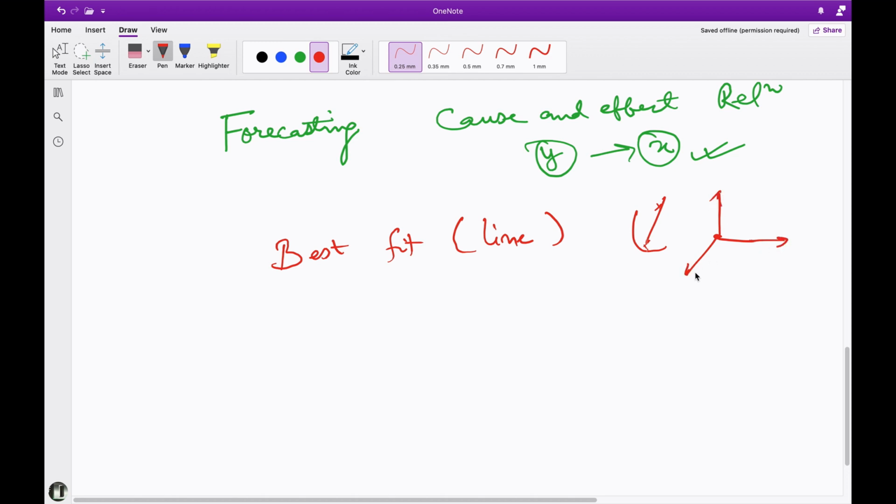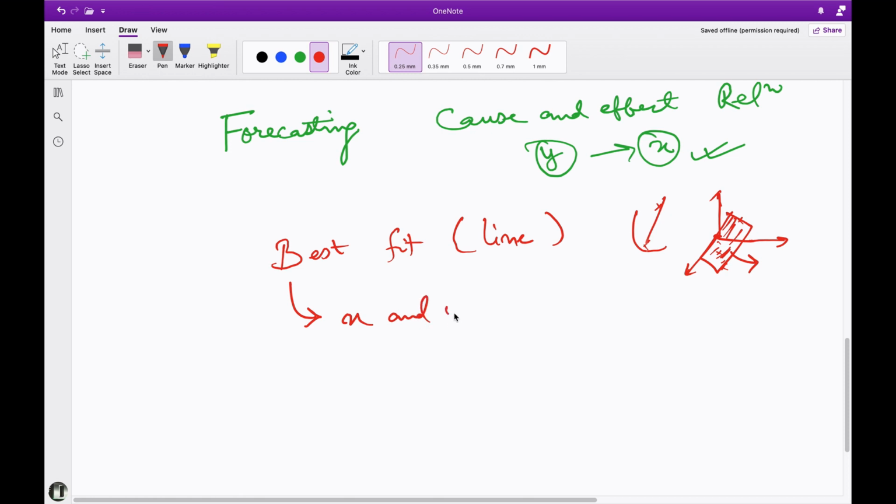Then here consider these are the points. So here what will happen, one 2D hyperplane or plane will form, and this will be like the best fit. So now this is not a line, this is a plane. So this best fit can be of any dimension, and it can be of any shape, and it all depends upon the independent variable and dependent variable, that is x and y.